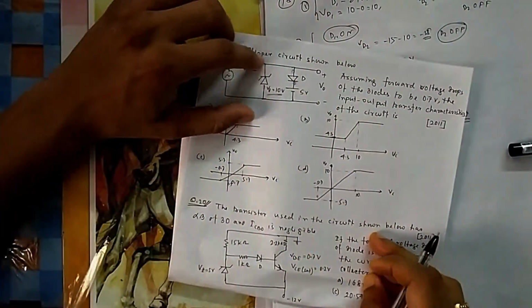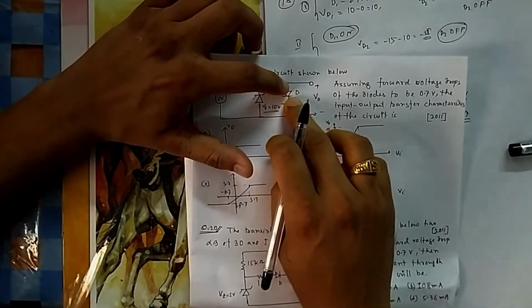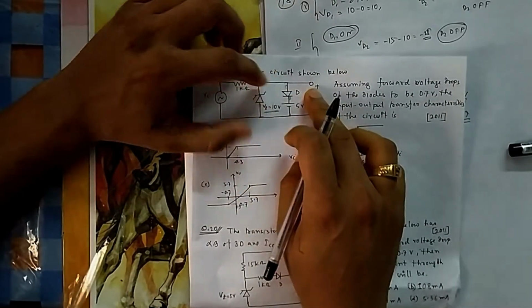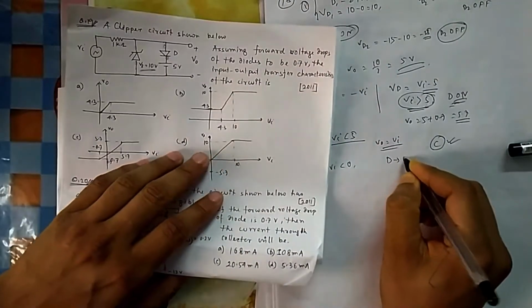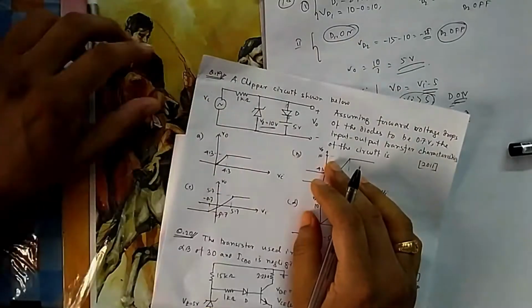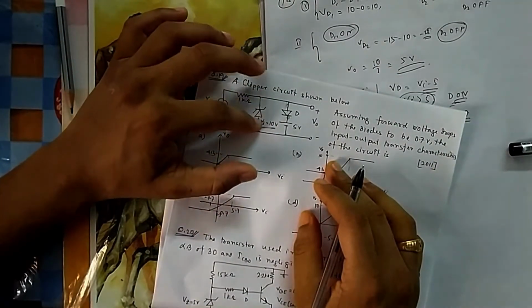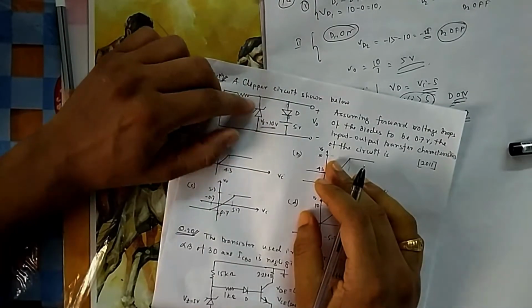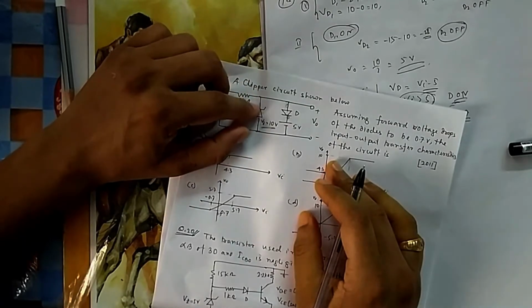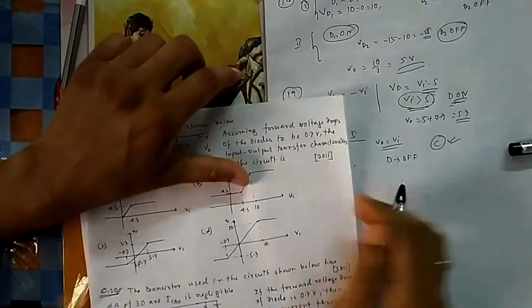If it is negative biased, then this diode will be off always, because this side is positive and this side is negative coming. So if VI is less than 0, D will always be off. But this Zener diode gets forward biased, not reverse biased, so it will act like a simple diode. So what will be its drop? Its drop will be 0.7, this is plus, this is minus. So your output will be minus 0.7.